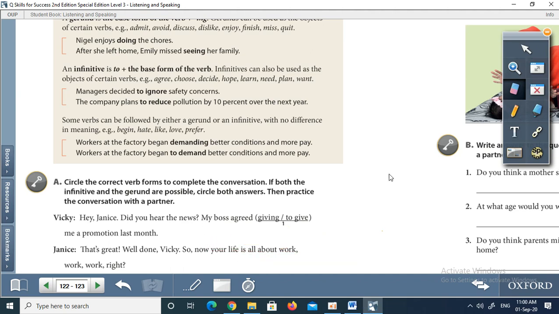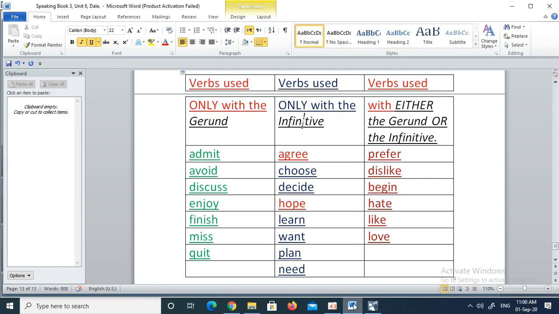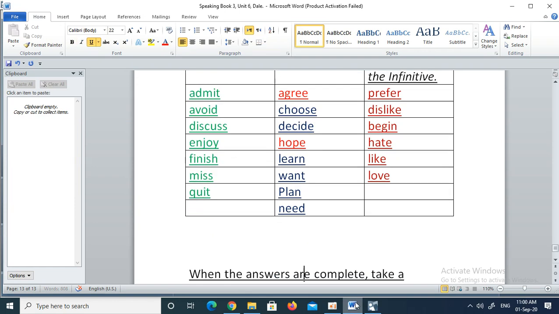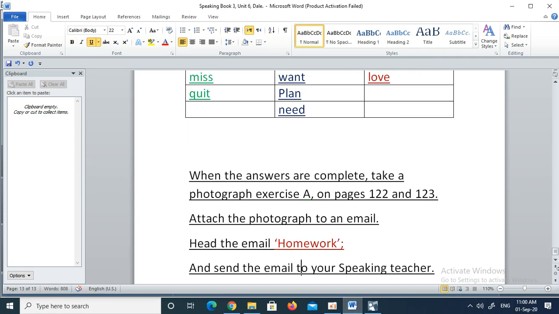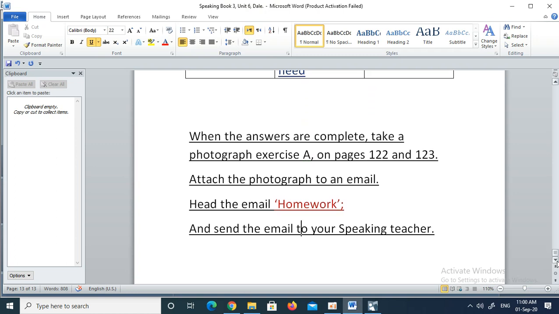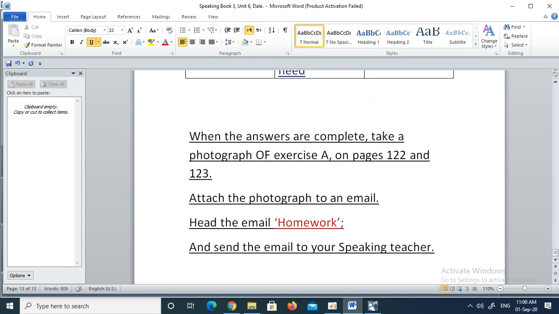Okay. Now, what I need you to do when your answers are complete, take a photograph of exercise A on page 122 and 123, attach the photograph to an email, head the email homework, and send the email